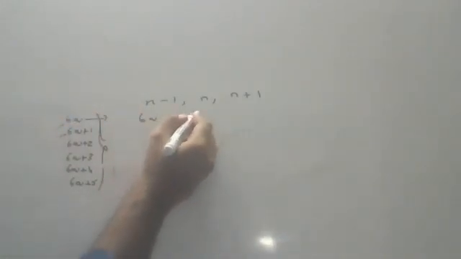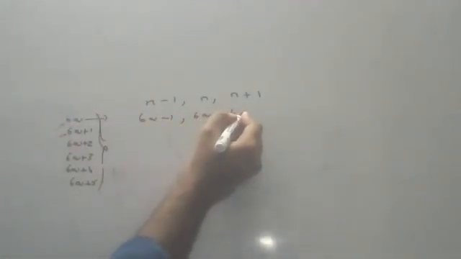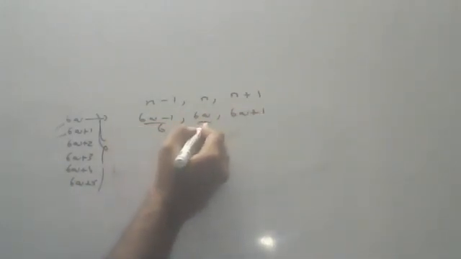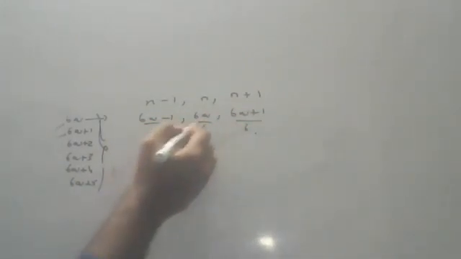Any two numbers I will show; the remaining you do. First two numbers I will show, children. First I am substituting 6q: 6q minus 1, 6q, 6q plus 1, each divided by 6. This is divisible. This is not divisible. This is not divisible. That's all.